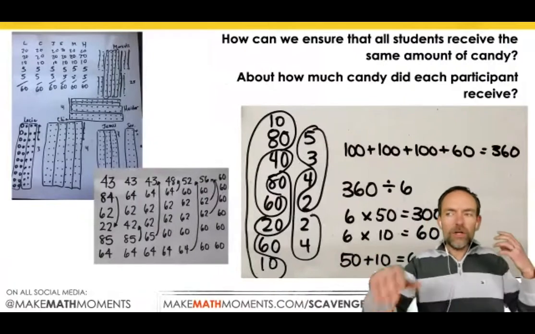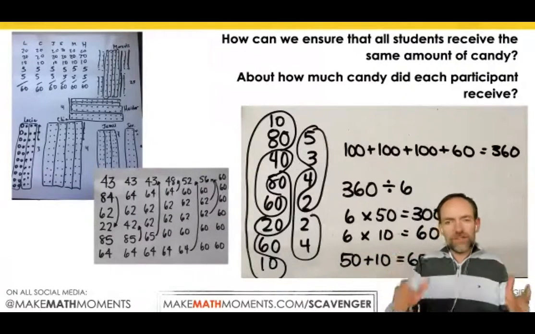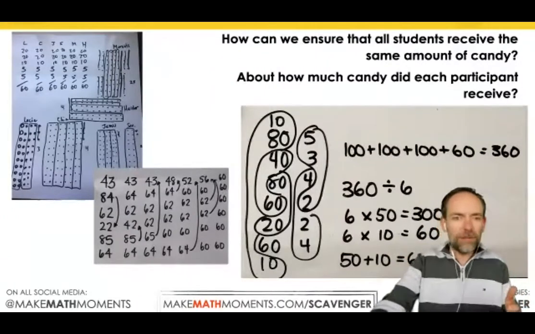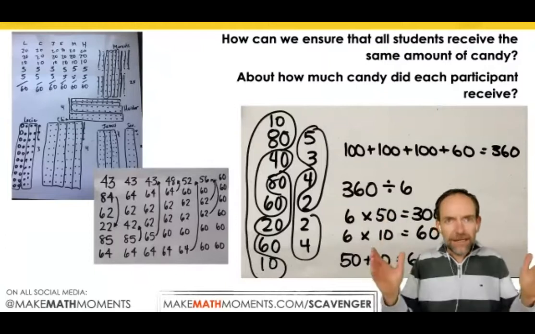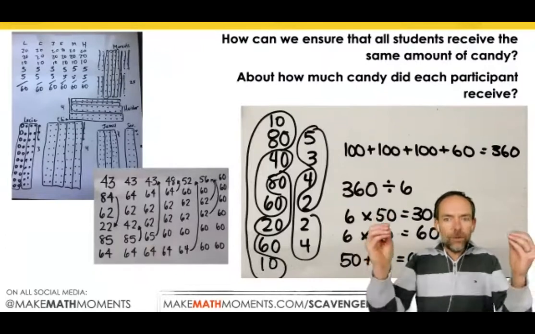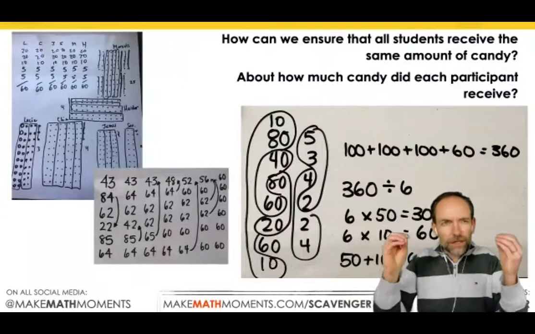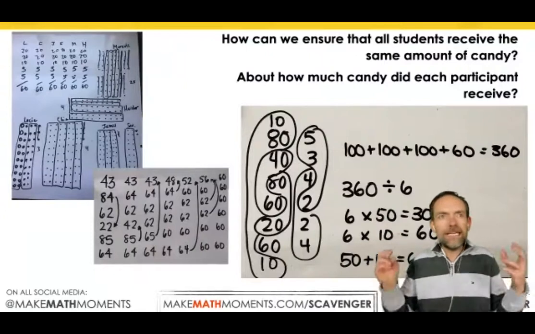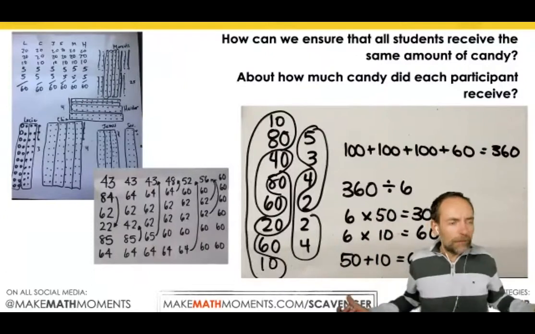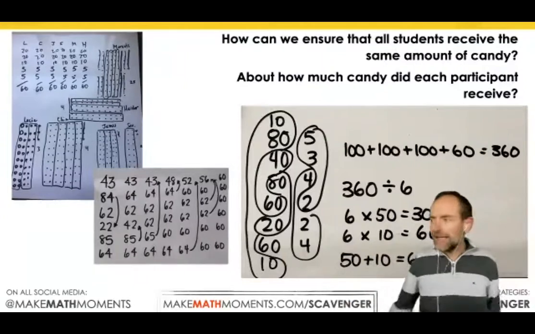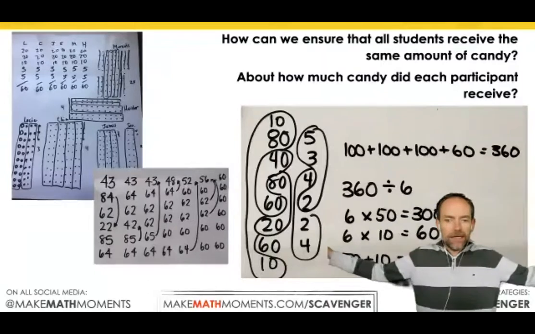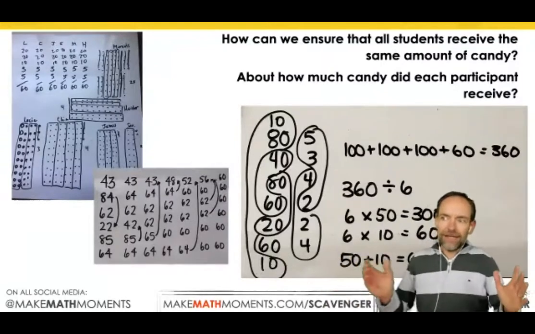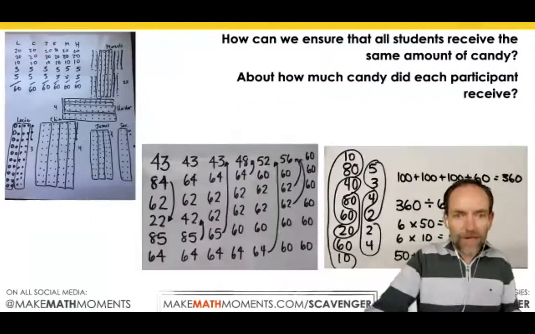And the big idea we want students to take away when they do problems like this is that the mean is the great equalizer, right? If you think about that, the mean is the great equalizer. I went to the party, everybody had different amounts of candies. What did we do? We tried to make it equal for everybody, right? And that's what we've done here in these very different ways and approaches.